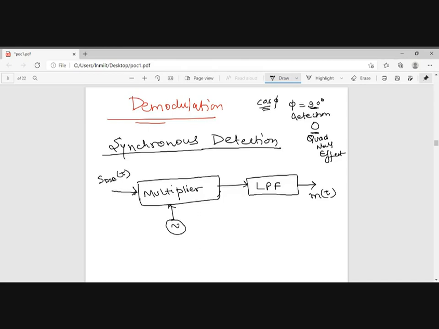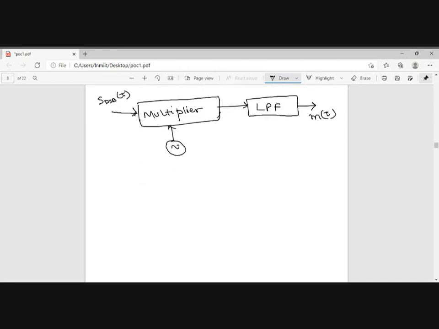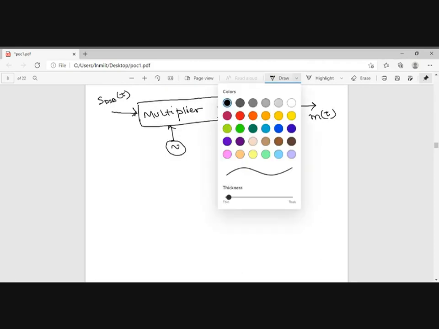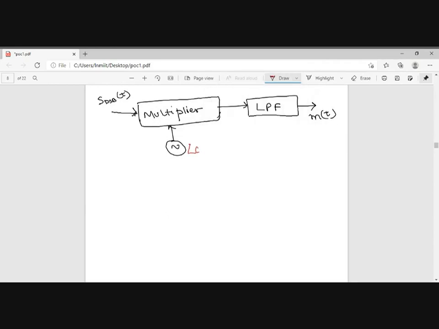So the quadrature null effect will come here too, because we are talking about synchronous detection. But because this is an easy circuit and it is used in DSB-SC, we are talking about this. Here the local oscillator has output Ac cos(2πfct). We want this, but there will be a phase difference of plus π or minus π. This is a simple multiplier, or product modulator, whatever you want to call it. This is the incident wave, the received modulated signal as DSB-SC.